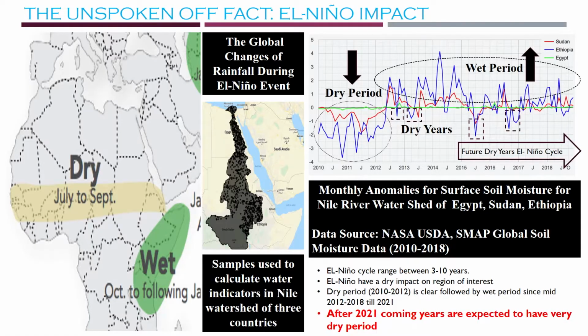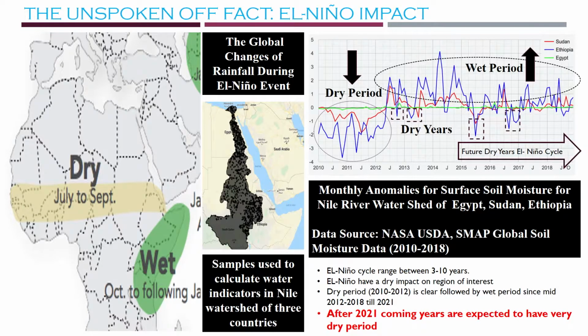So looking deeper into this and looking into actual observations, no modeling whatsoever, these are observations of soil moisture. And guess what? This is the whole SMAP data record since it was launched, since 2010 until recent. The three countries: green, Egypt, red, Sudan, and blue, Ethiopia. 2010 and before, until 2012, it was a very dry period. And the soil moisture data is showing us that.